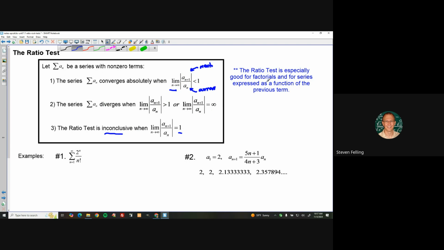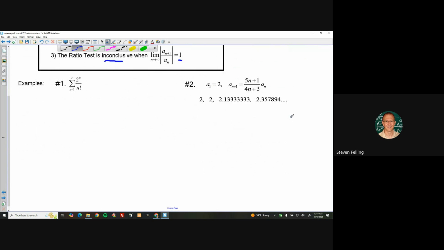The ratio test is especially good if you have factorials, or you have things like this series that are expressed recursively, where the next term is written in terms of the first term. And actually, this ratio test is one of the most frequently used in the second part of the unit here. All right, let's do two examples of this. Let's say we have this series over here, number 1. If we're going to do the ratio test,